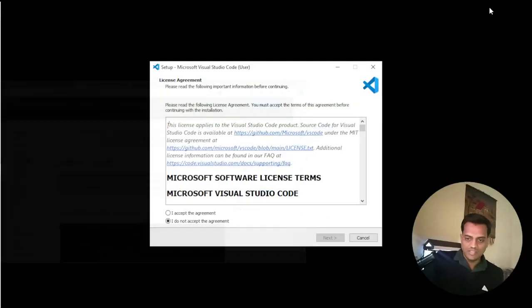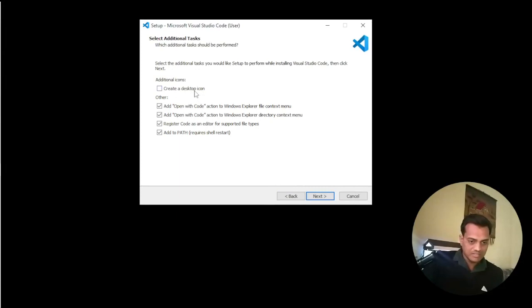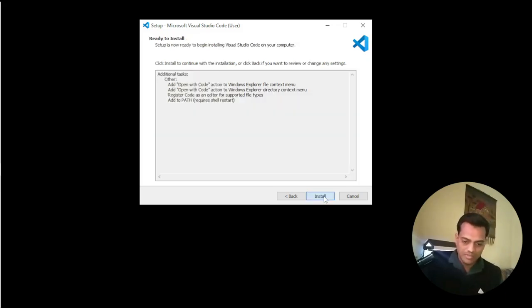There is one agreement, so I accept the agreement, and click on Next, create the desktop icon if you require. Otherwise click all the options as a tick mark, and then click on Next